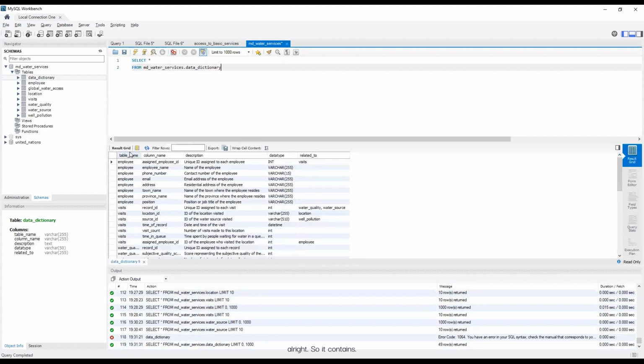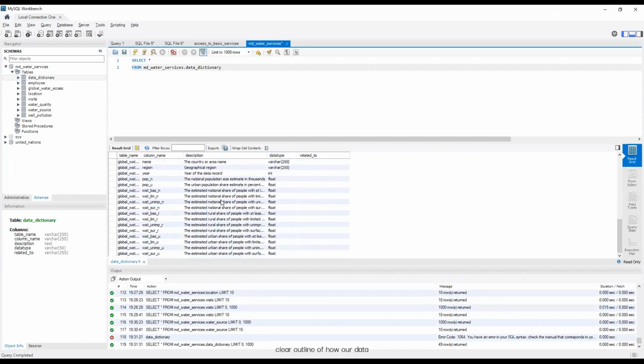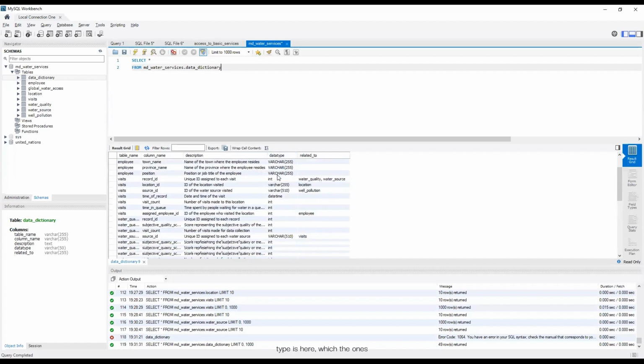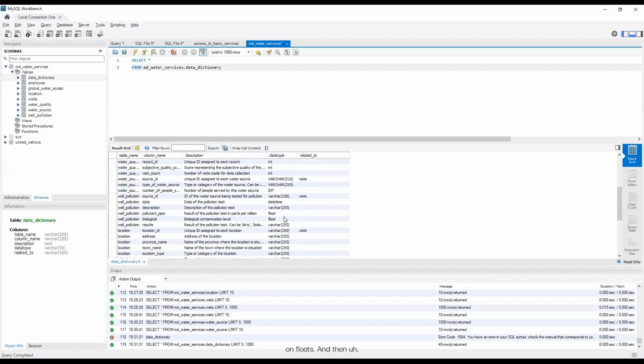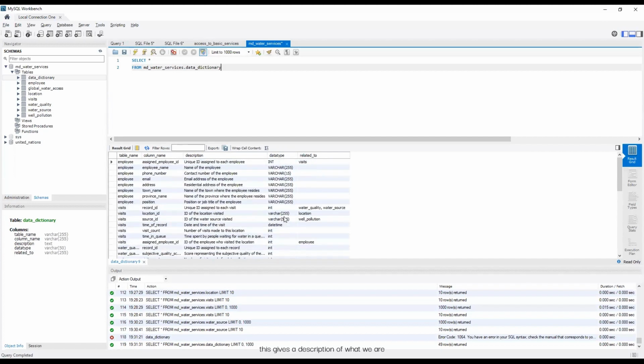It contains a table name, a column name, a description, the data type, and its relation. For example, the table name employee, and all of this relates to visits. This gives a clear outline of how our data looks. The data types are here: integers, variable characters, date and time, floats, and so on. And then this gives a description of what we